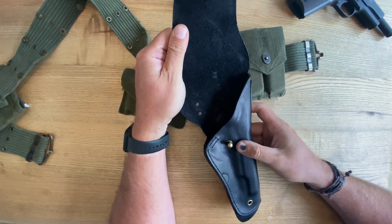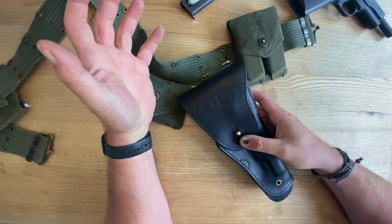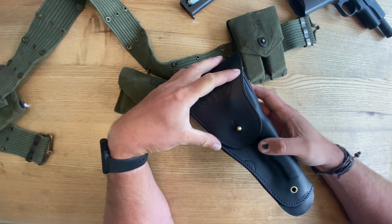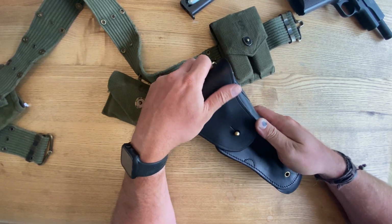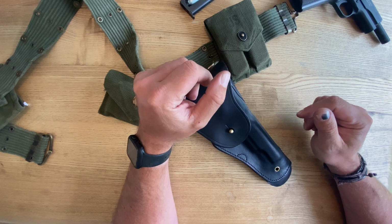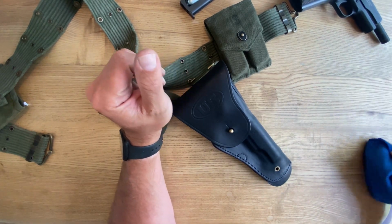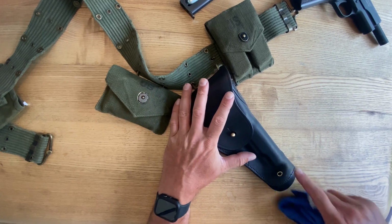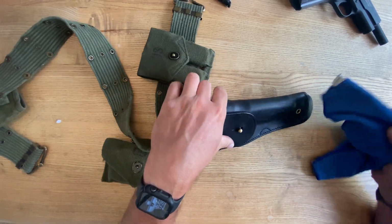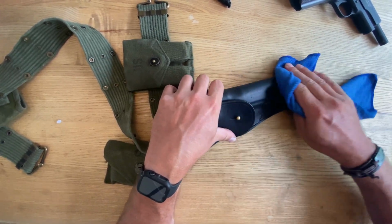So this is probably 2 weeks after I shot the initial video. After I applied the second coat of the dye, I left it to dry. I came back 24 hours later and it still had that tacky, sticky kind of damp feel to it. Long story short, you have to buff it to remove the excess dye and get the satin finish that you see here. I didn't want it too shiny, so I didn't buff it too much, but enough to get the dye off. And what I mean by buffing is literally getting a cloth and